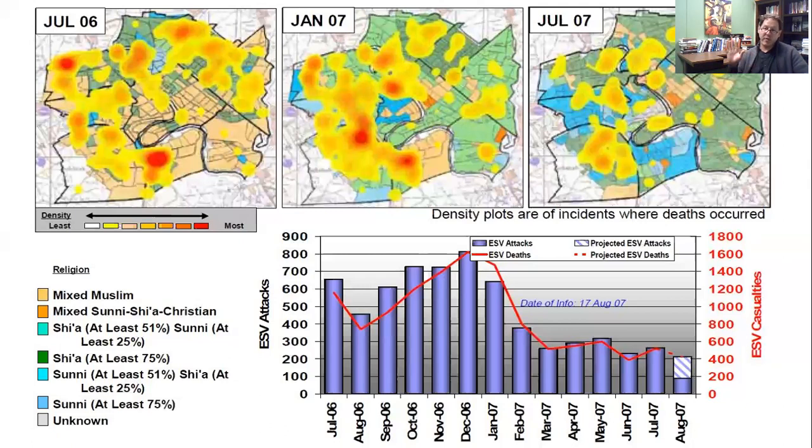On the north and western part of Baghdad, you have Shia neighborhoods, and in the south and east, you have Sunni neighborhoods, and the river cuts through the center and keeps them apart, provides security, provides a sense of protection.